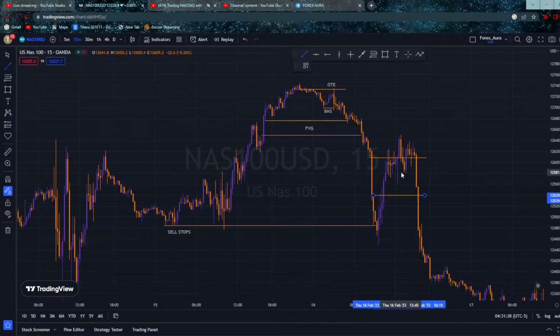So look at this. When I recall properly, ICT didn't really say the market will always return inside the fair value gap. It could choose to go a bit above. You know what I'm saying? It could choose to go a bit above that fair value gap. You understand? Then what happened later on? It went down. But I had exited my trades with a stop loss here, right? With a stop loss here. So yeah.